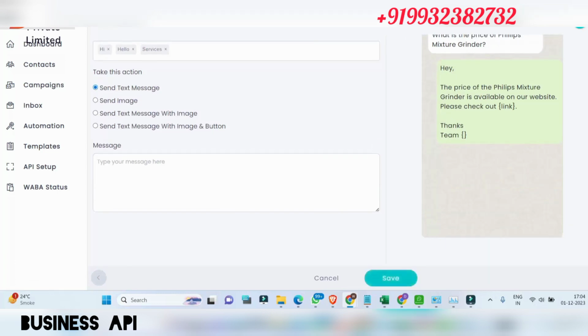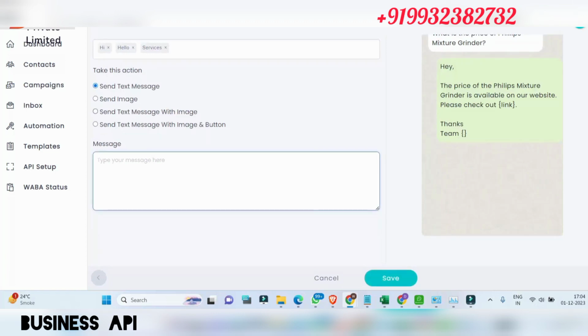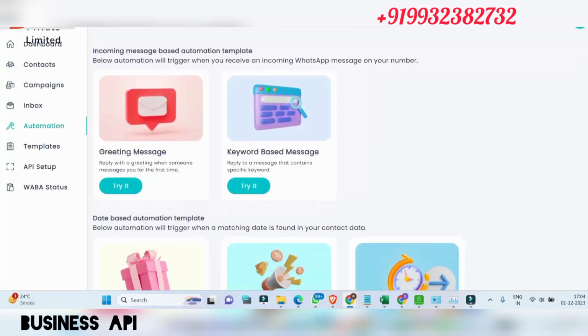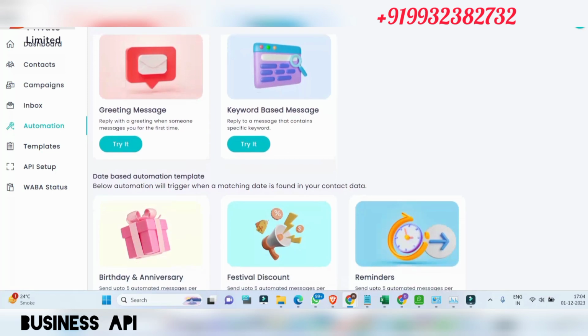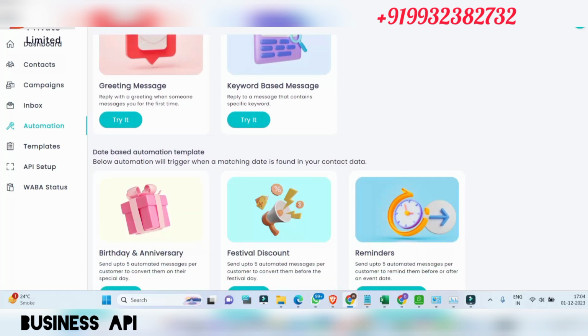We can save it and see how our message will go, whatever message we type here. In automation we will get birthday and anniversary wishes, festival discounts, and reminders. You have heard about drip marketing and all. It will also work as a CRM. It will send reminder messages like payment notifications, abandoned cart reminders, and so on.